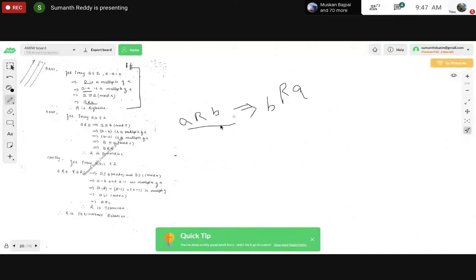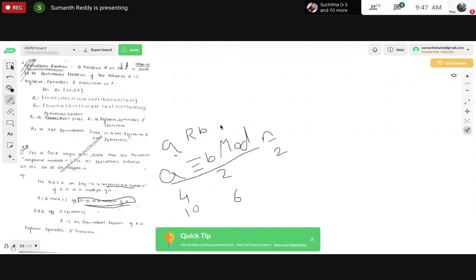So my assumption is A related to B, and as we already know, the relation that we are dealing with is congruent modulo n. If A related to B, this can be written in symbolic form, that is, A is congruent modulo B mod n. And by the definition of congruent modulo, we can write this as A minus B is a multiple of n. In the previous page, I gave this example: 4 is congruent modulo 2 mod 2. If 4 is congruent modulo 2 mod 2, don't you think I can even write 2 is congruent modulo 4 mod 2? Both are the same, right?